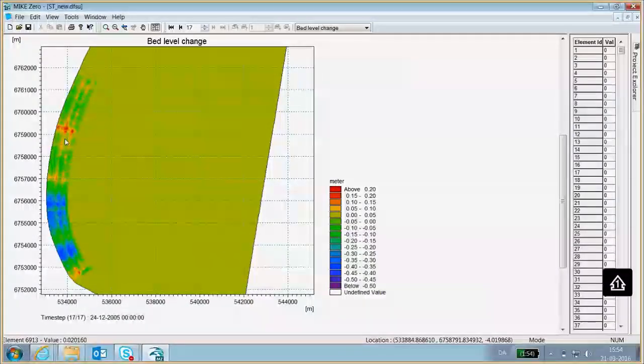And now you will see the actual accretion and erosion in our domain during the simulation without that initial contribution. So again, we see clearly we have this erosion area in the southern end of the beach and then a more neutral development in the northern end of the beach.